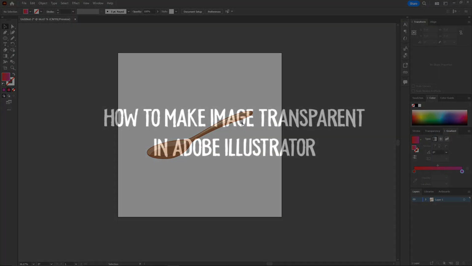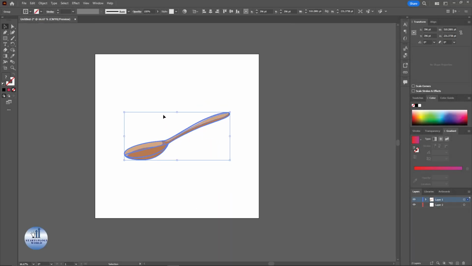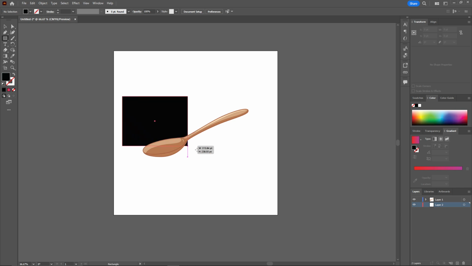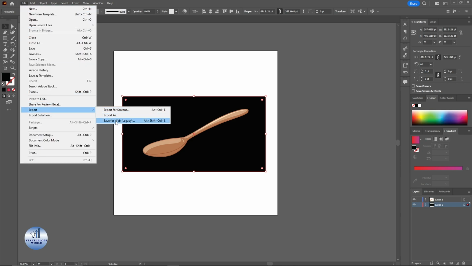In today's video, I'll be showing you how you can make a transparent image in Adobe Illustrator. For example, I've drawn this spoon, as you can see, and there's no background behind this one. So I'm going to create a background by selecting the rectangle tool behind this one. Now if I export an image, and I go to the file and export,